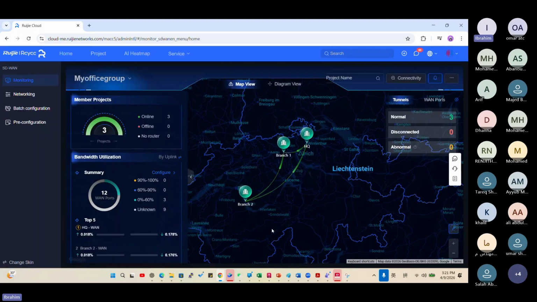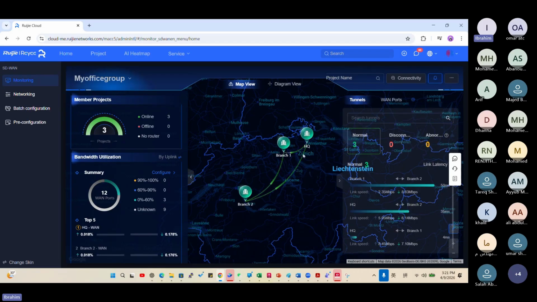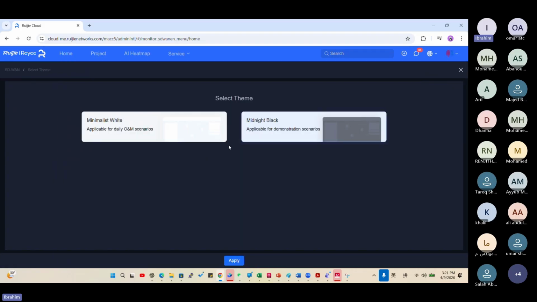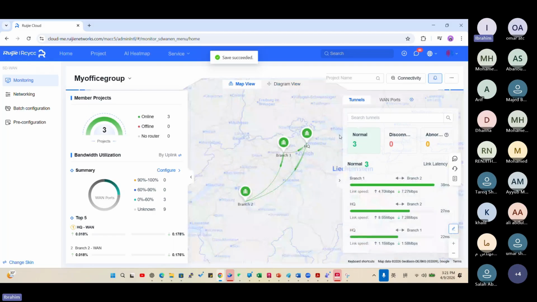Okay, so this shows that we now have these 3 normal tunnels, because if you can see, we have 1 tunnel, 2 tunnels, 3 tunnels. So we have 3 tunnels. Also, if you don't like this skin, you can change it to the white one, so it will be like this. As you can see here, we have 3 normal tunnels, between branch 1, HQ, and